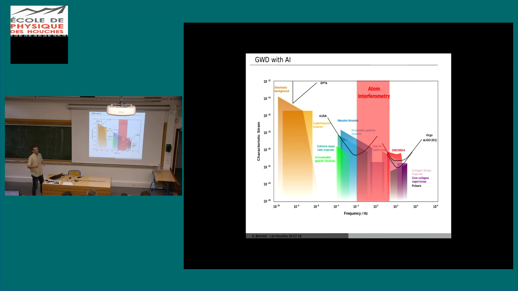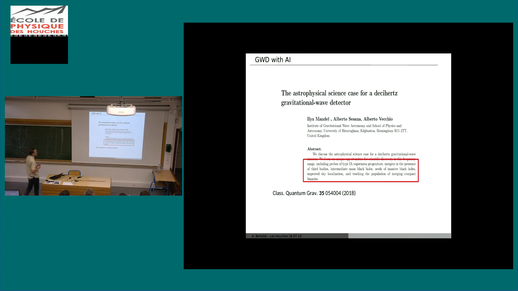Now, what's the target in terms of bandwidth? Here, I took the graph from the gravitational wave plotter online, and I added in red the window that is the target one for atom interferometry. It goes, let's say, from 10 millihertz to a few hertz. It's a window that is really interesting, as the group in Birmingham, Ilya, Mandel, Alberto, and the other Alberto, mentioned and described in this recent paper,